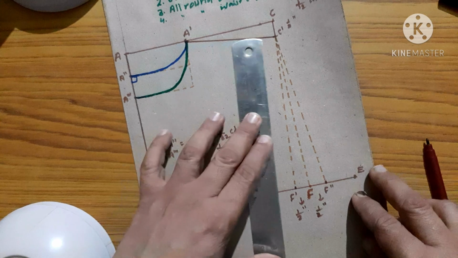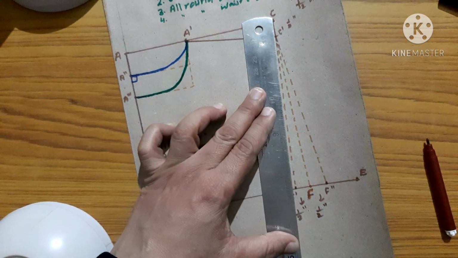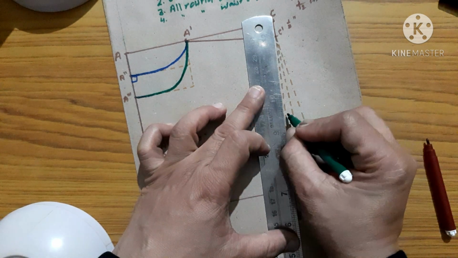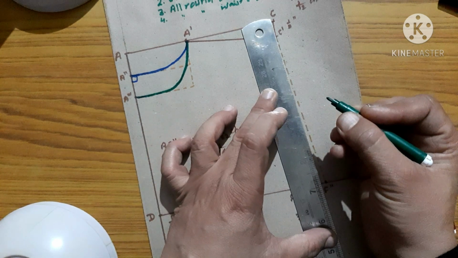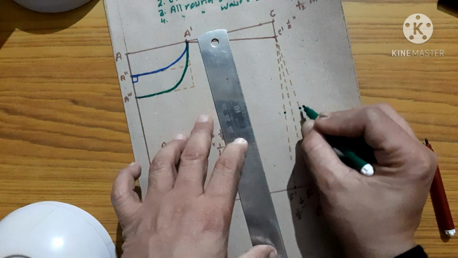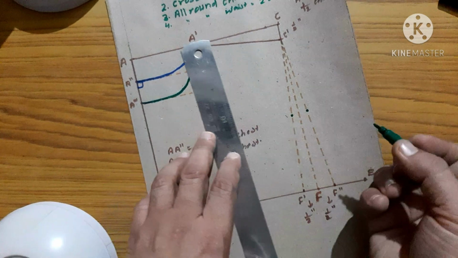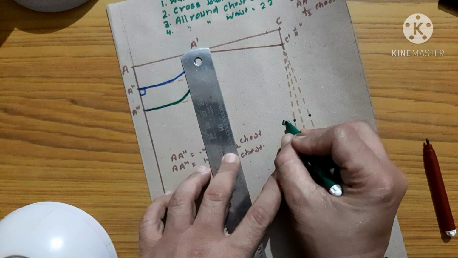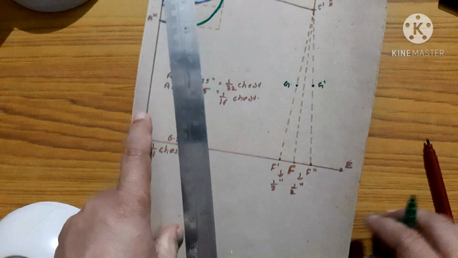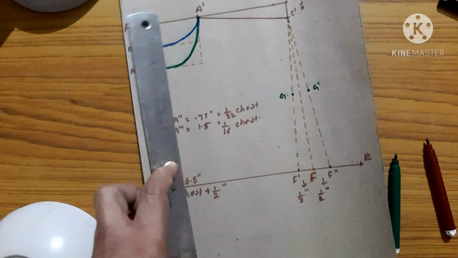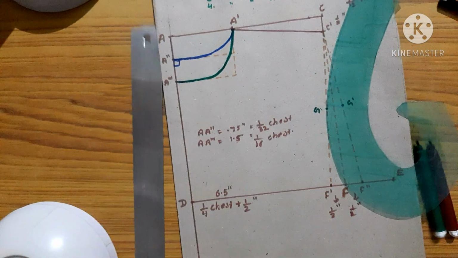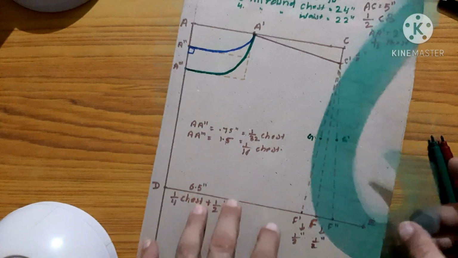Now to give the shape, we'll have a point which is exactly half of this particular point. As I can see, this is about 7 inches, so 3.5. Here I have to give a point at 3.5. This is the midpoint of these two lines, right? You can mark this point G, G dash. It will be the guideline for this. Now with the help of French curve, we will be giving shape to the armhole.